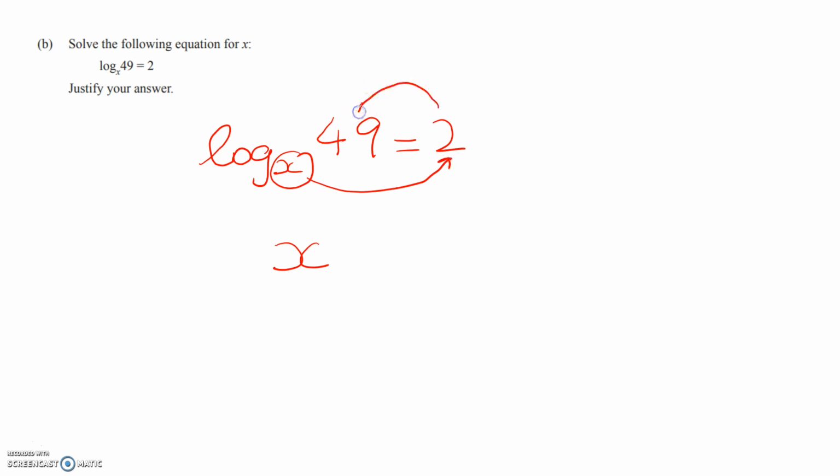Next one. Solve the following equation for x. So the only difference here is that this time we're solving for a base. So somewhere in your brain you should remember that we can only have positive base, and that's important for this question. So we get x squared is equal to 49. Now, usually we'd say that x could be equal to 7 or negative 7, but here there's only one answer. x is equal to 7